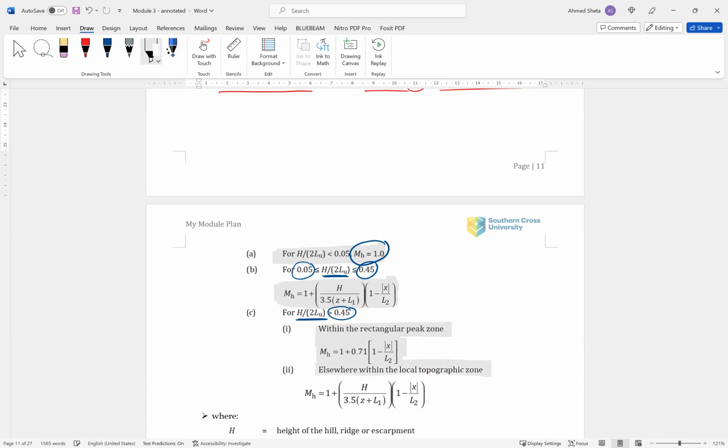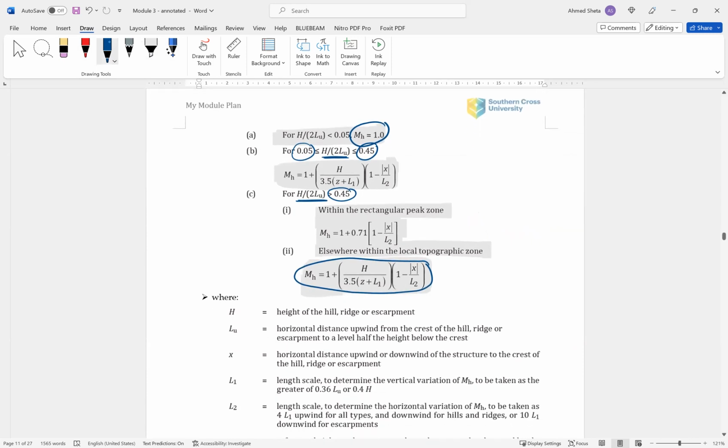Elsewhere, within the local topographic zone, MH will be this value, which is 1 plus h over 3.5 times z plus L1, all times 1 minus x over L2,